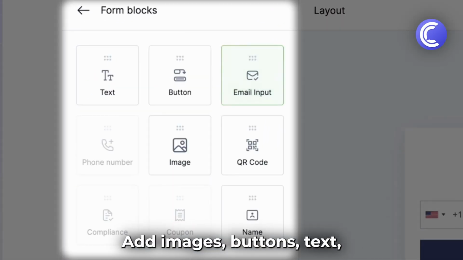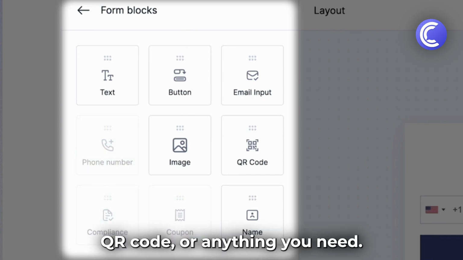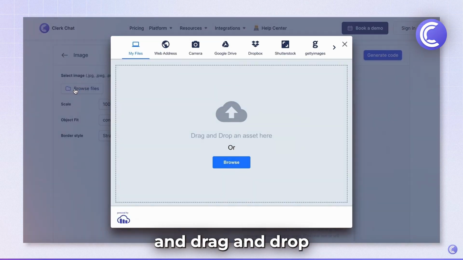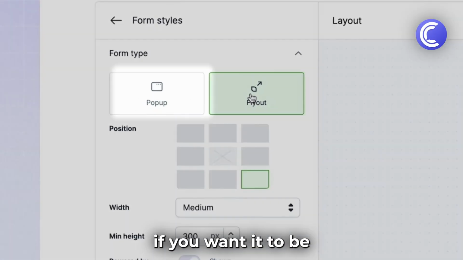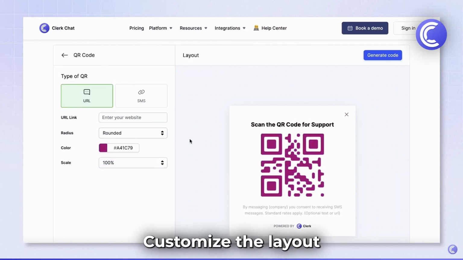Add images, buttons, text, phone number or email input, QR code, or anything you need. Simply select elements and drag and drop. Once you're happy with the structure, you can now choose the style. If you want it to be a pop-up or flyout form, choose colors, customize the layout, and make it perfect